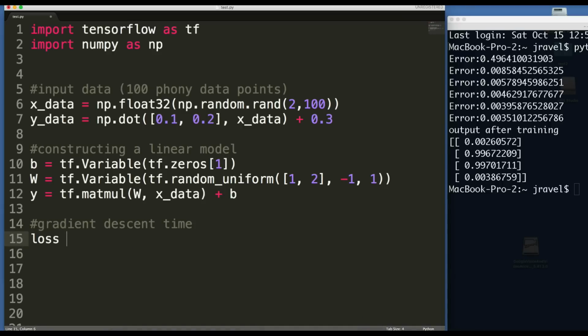So we're going to create our loss, which we're going to minimize over time. And we're going to create it by using TensorFlow's reduce mean function. And so we're going to use reduce mean because